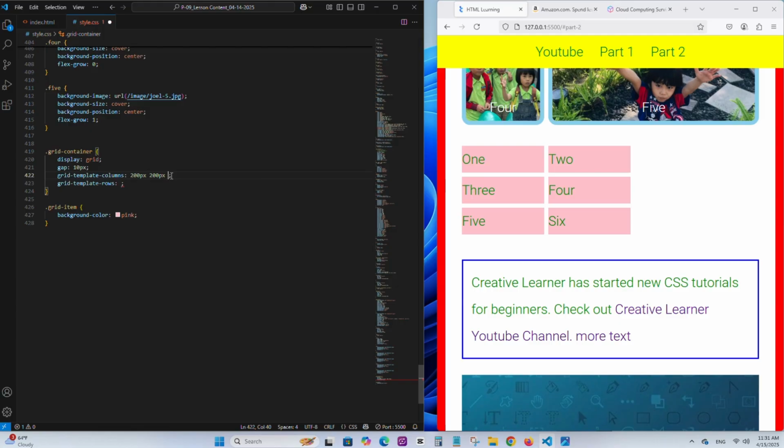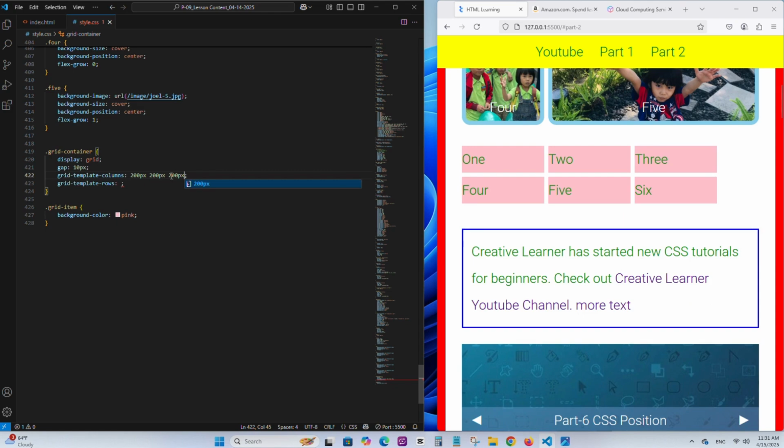You continue adding values to your column, and that will create additional columns in your grid system. So now you see just like that. That will be adding absolute values. So the downside is,